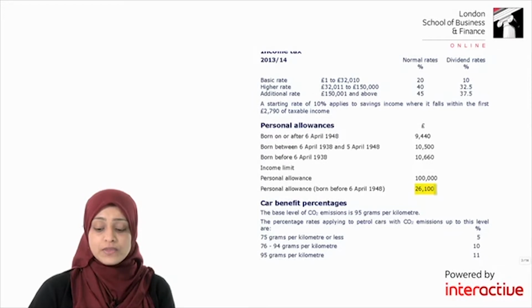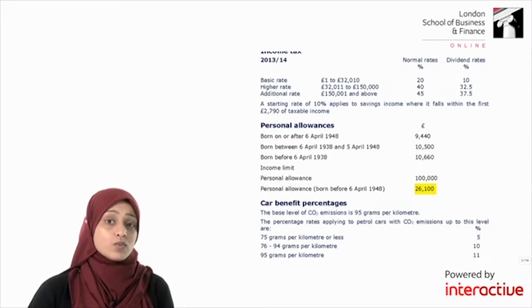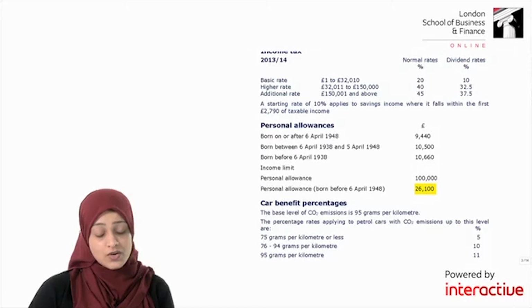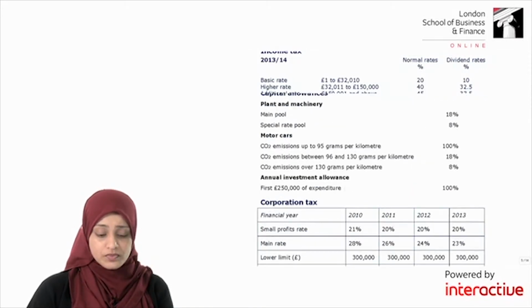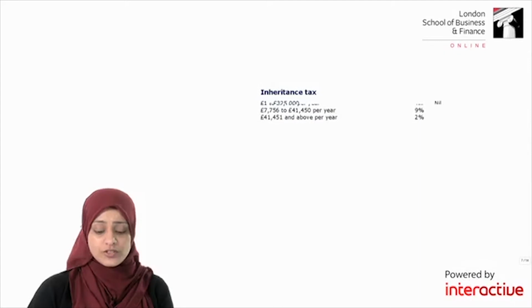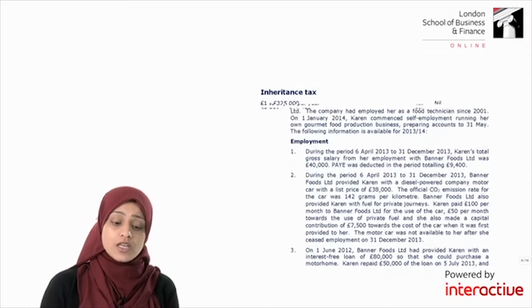However, if her income is above 26,100, then the personal allowance will be reduced. So if we go back to Karen and see what information is given to us in the question, you're told